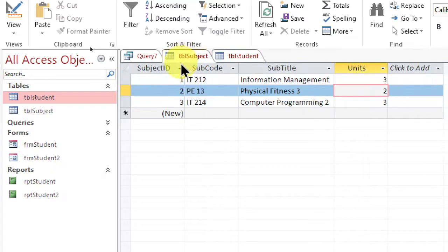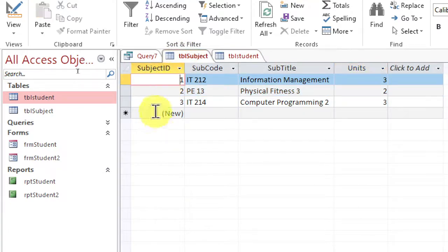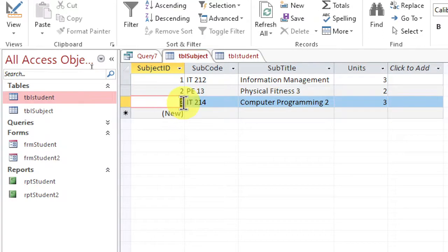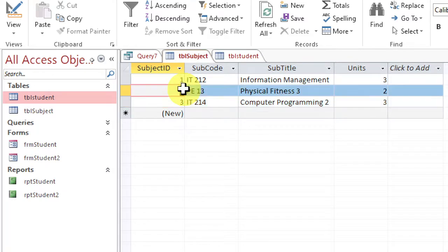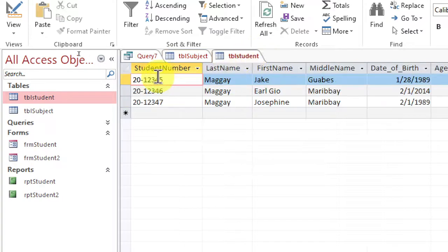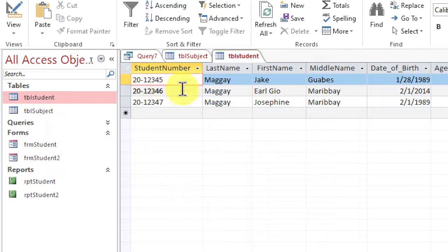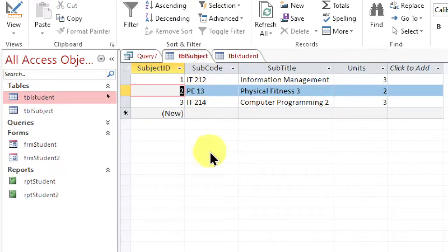Okay? Pero yung ating subject ID, since auto number siya, hindi mo siya pwede i-change. Kasi auto number siya. Okay? I-change mo lang yung na-input na primary key. Pero once na nagamit na siya sa ibang table, hindi mo na siya pwedeng i-change. Kasi meron na siyang foreign key. Naging foreign key na siya sa ibang table. Okay? So, that's how you update or to insert, update